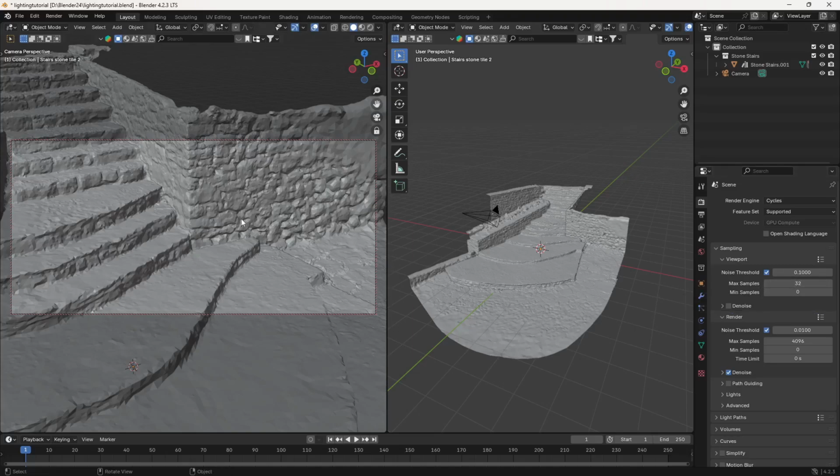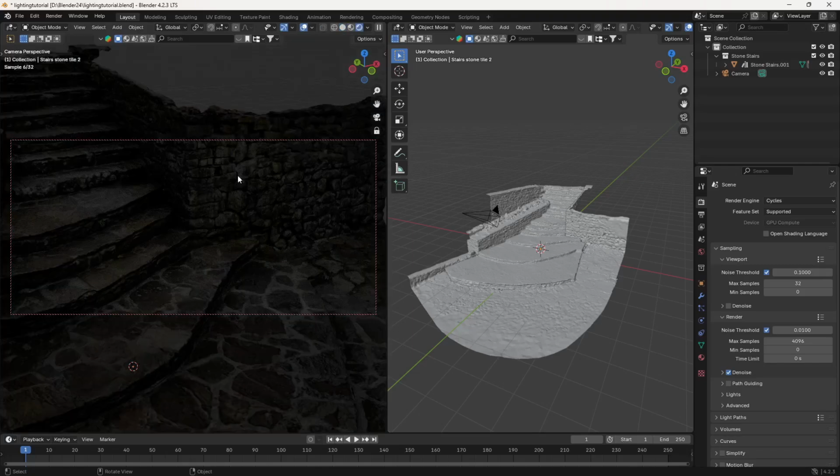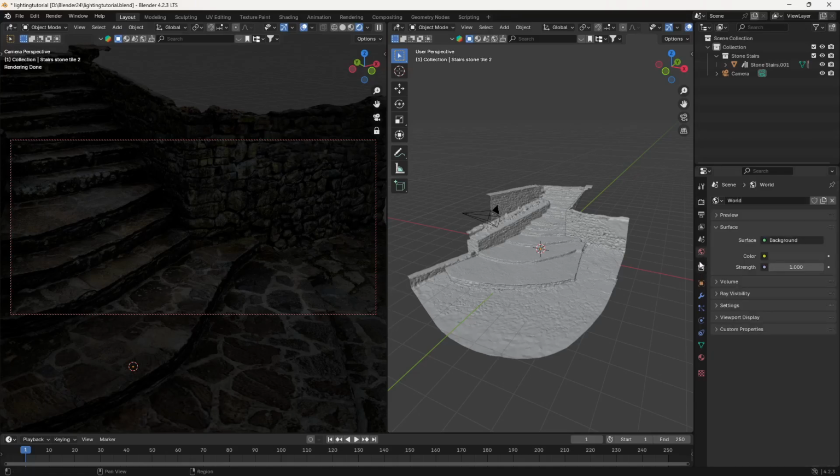And now let's start here. I'm going to press the Z key, Z for zebra, and make sure that it is on rendered here. And as soon as I do it, we can see something like this. Now why are we seeing this dark atmosphere? Because we have a color in the background. So if you go to your world settings here, you will find that we have this background and this background has this color, and that's the reason why we are getting this dark shade here.